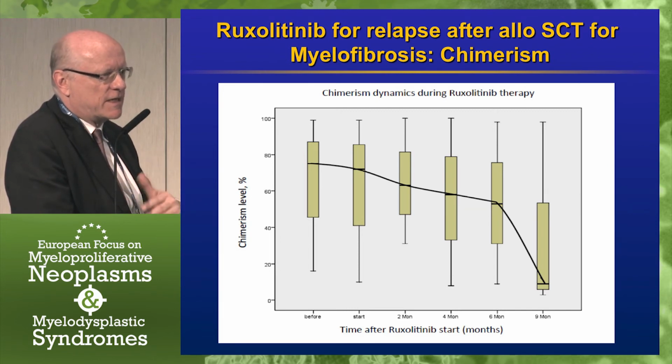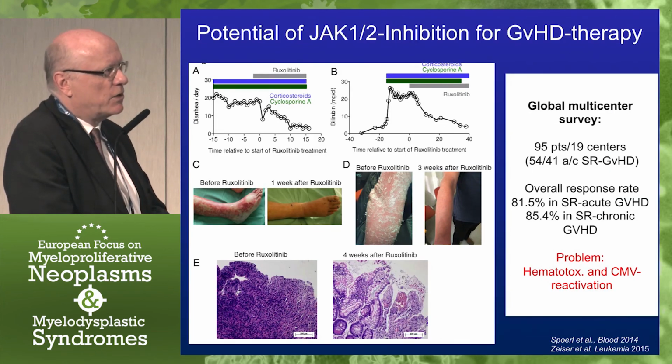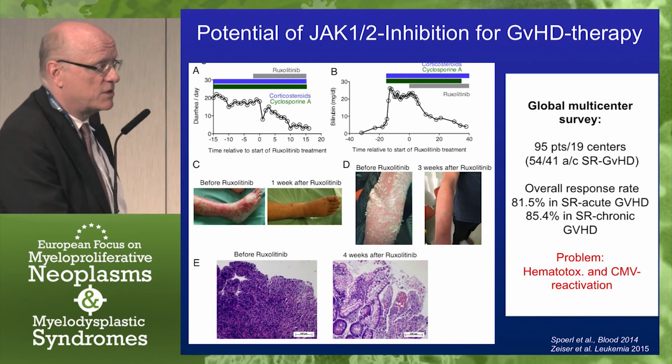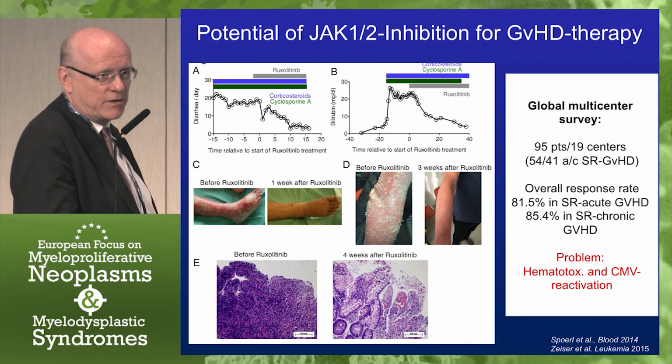And I can show you the same data for other mutations, so for CALR, for JAK. So the mutation is not cleared if you use Ruxo alone post-transplant. But it's helpful to control symptomatic disease like constitutional symptoms or spleen size. More interesting is probably because the JAK2 inhibition is also a quite immunosuppressive drug. And you have heard nicely from Mary about the